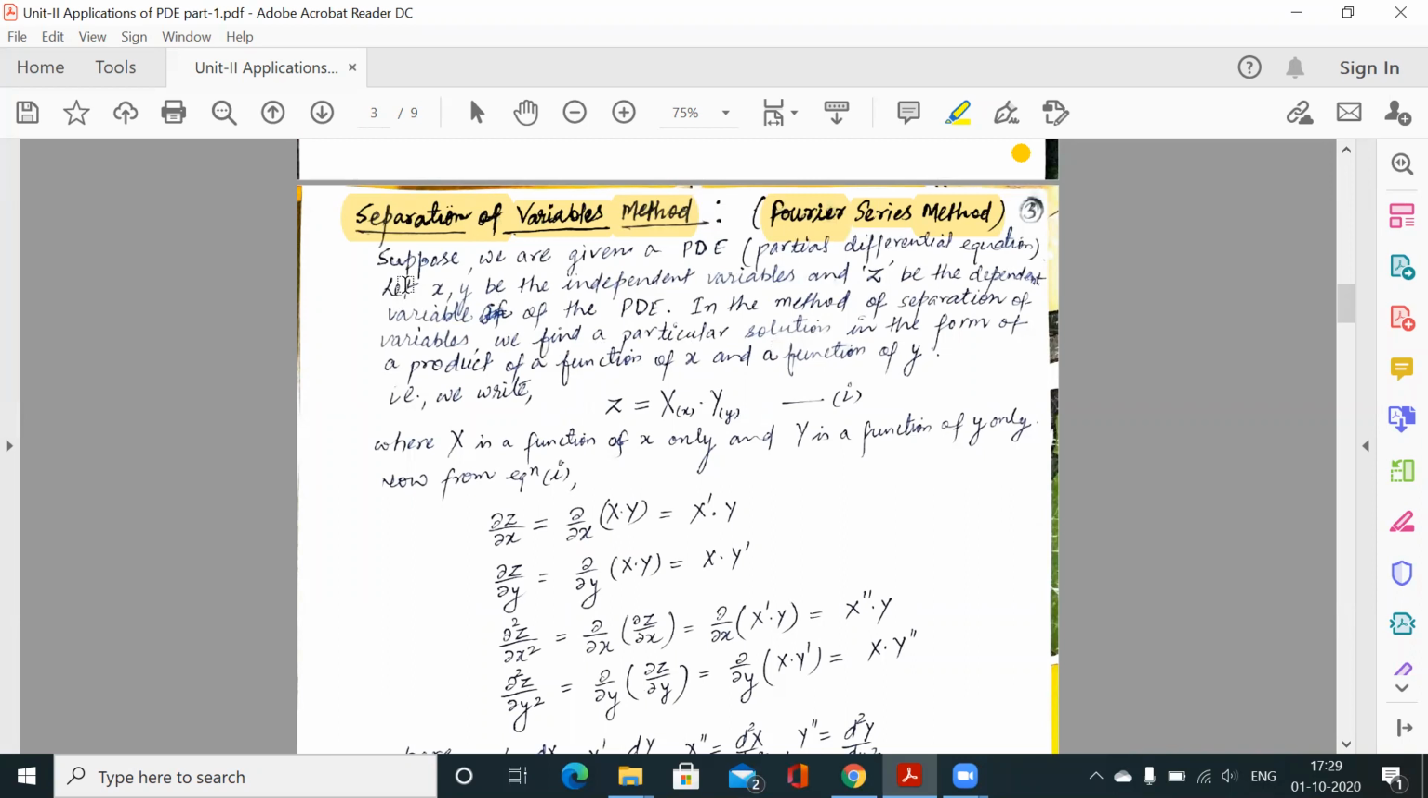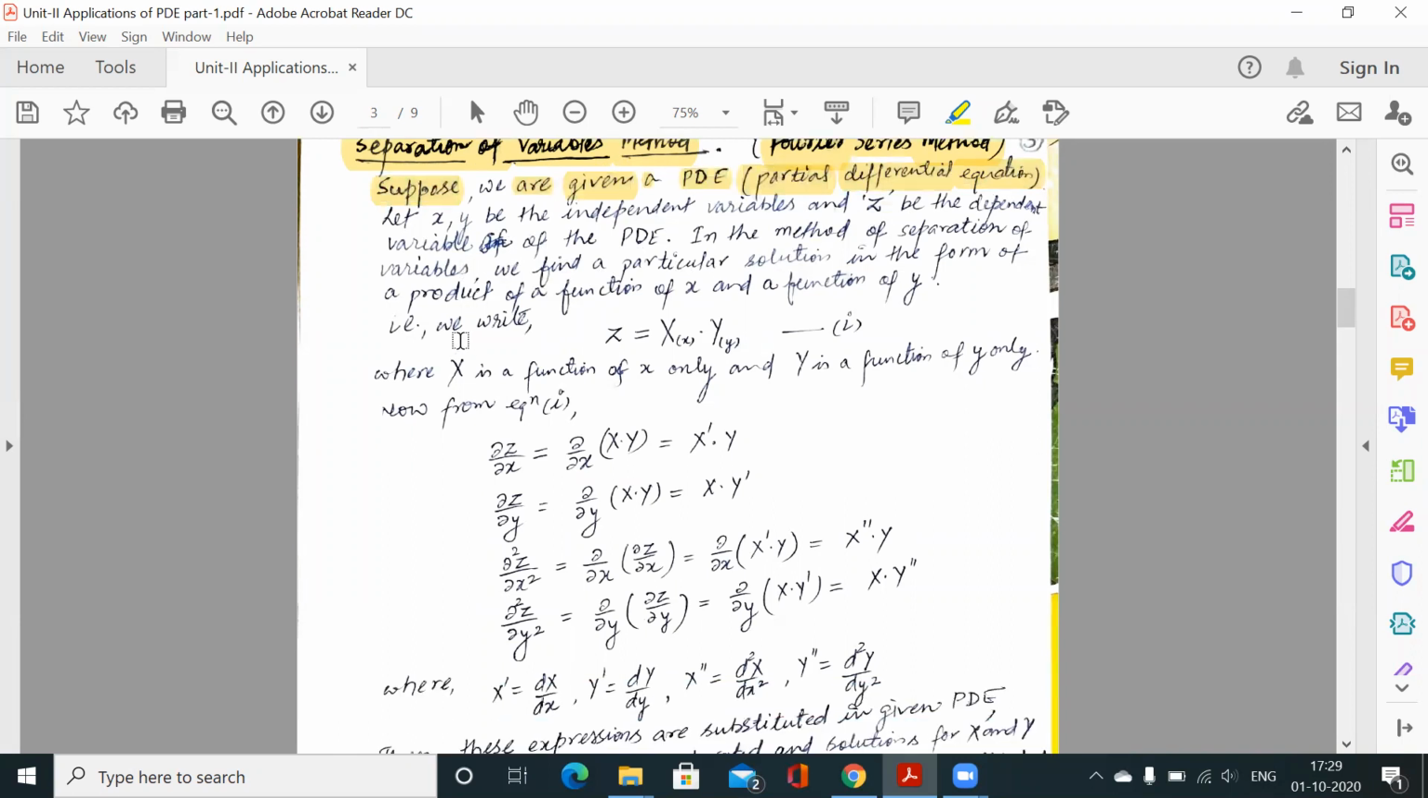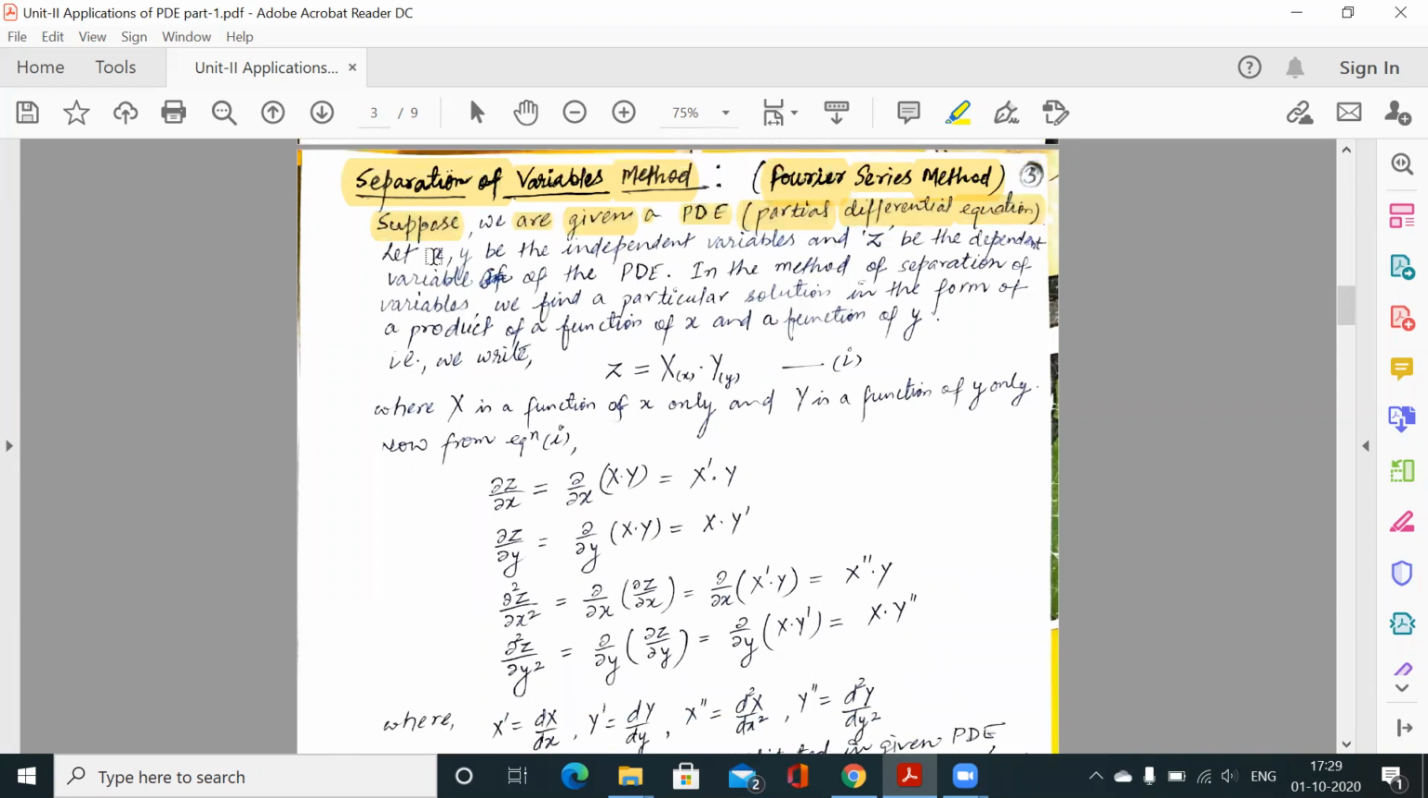So what we have to do, suppose we are given a PDE, a partial differential equation. We have to find how many independent variables are there. Suppose x and y are the independent variables, and z is the dependent variable. We always consider this. Next, we always assume a solution, and a solution is a relation between the independent variables and the dependent variable. So z is the dependent variable, the independent variables are x and y, so we always assume the solution like